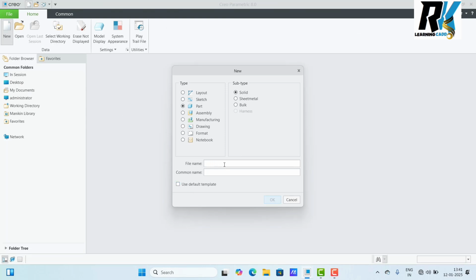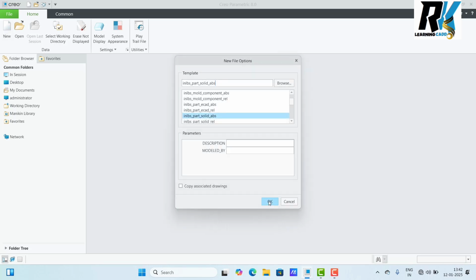Okay, this file name later we can rename, but suppose I give here name part. So friends, here spacing don't count. Okay, part 1. Now solid and just this option unchecked. If you want to choose template, okay, just okay. That box unchecked means this box coming. Now you see here too much template have.